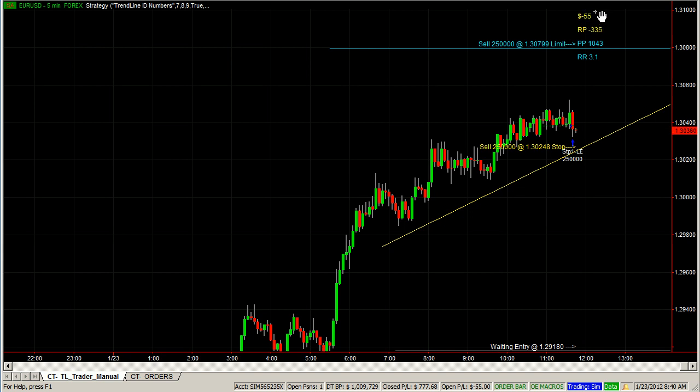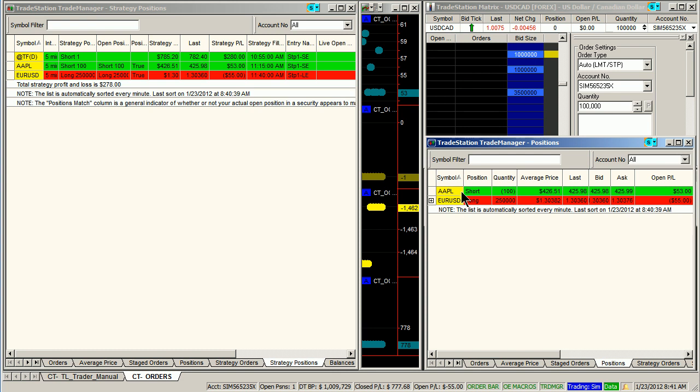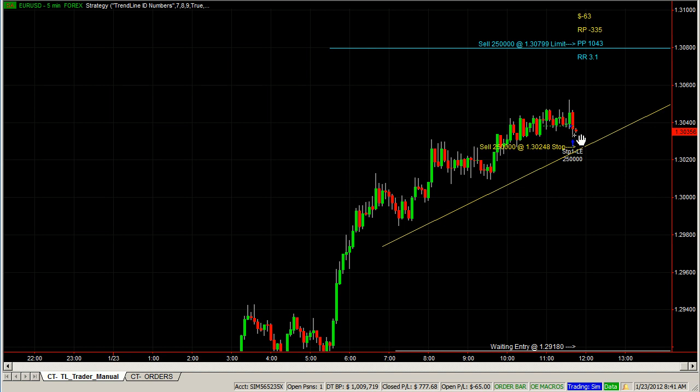Now once you're in the trade, it tells you your profit or loss right here. And this is based on your actual entry into the trade, not the strategy entry, but the trade manager entry. So it's your live trade entry based off of this number over here, what it actually is in the trade manager. So there's your entry,